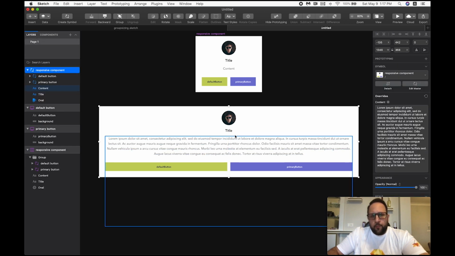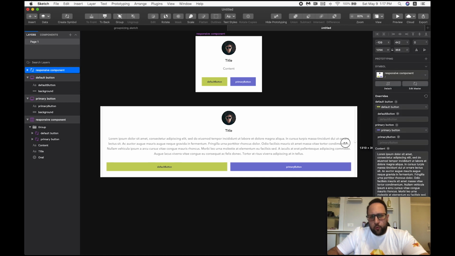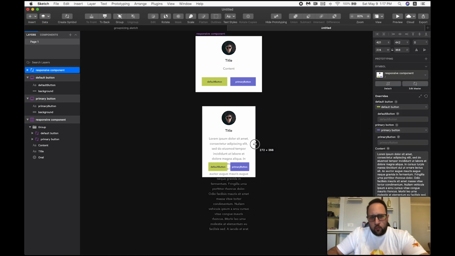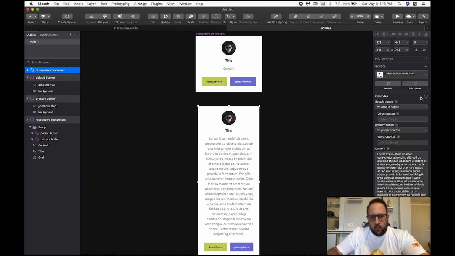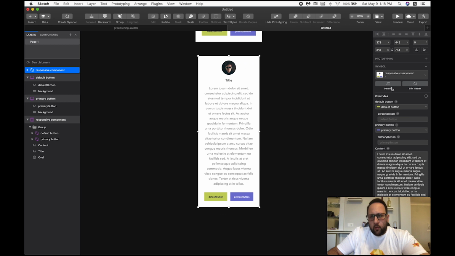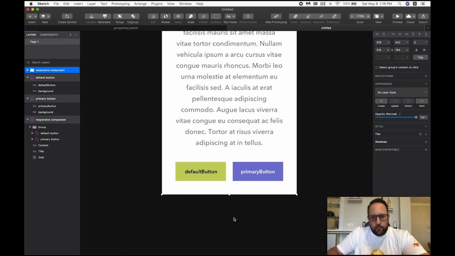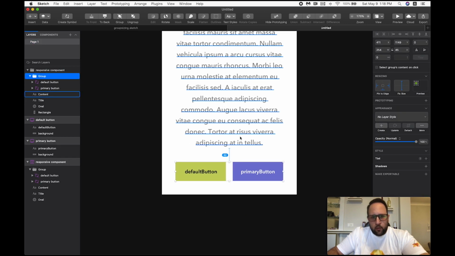All right. And now, if I want to shrink it down, I hit this tiny button here to shrink the instance to fit its content. Let's detach it again, just to make sure everything is working great. So 32. The same here. Okay,